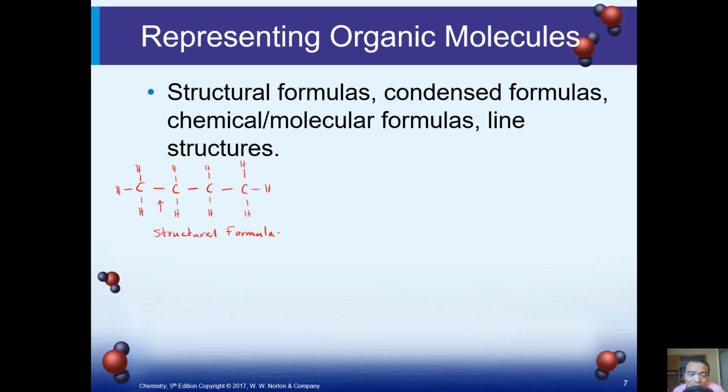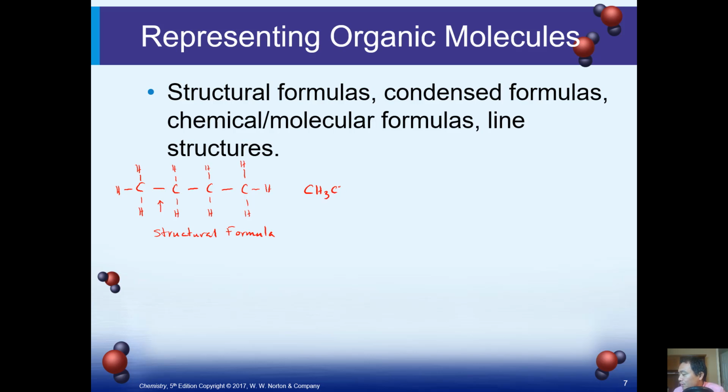But this does take a long time to write. So another way to write it is to group all the hydrogens on each carbon. For example, for the first carbon, you have 3 hydrogens on it. The second carbon, you have 2 hydrogens on it. Then the third one, you have 1, 2. So if we group the hydrogens on each carbon, we can write it this way: